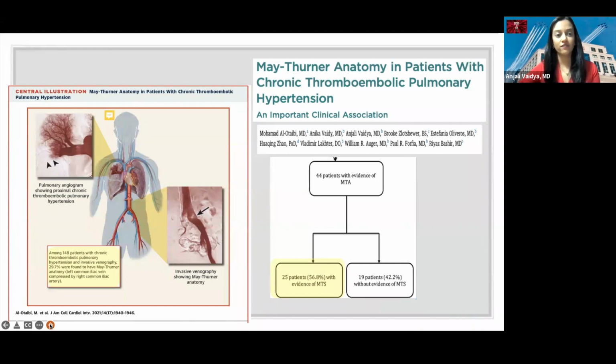And this involves the vein in the left side of the pelvis. It's called the iliac vein, and this arrow is pointing to it. And it just shows some compression from an artery that runs right alongside it. And that compression we have diagnosed and noticed there's a really high rate of this being present in patients that have gone on to develop CTEPH compared to patients that don't develop CTEPH. So we found this association, and we thought this was an important thing to be aware of.